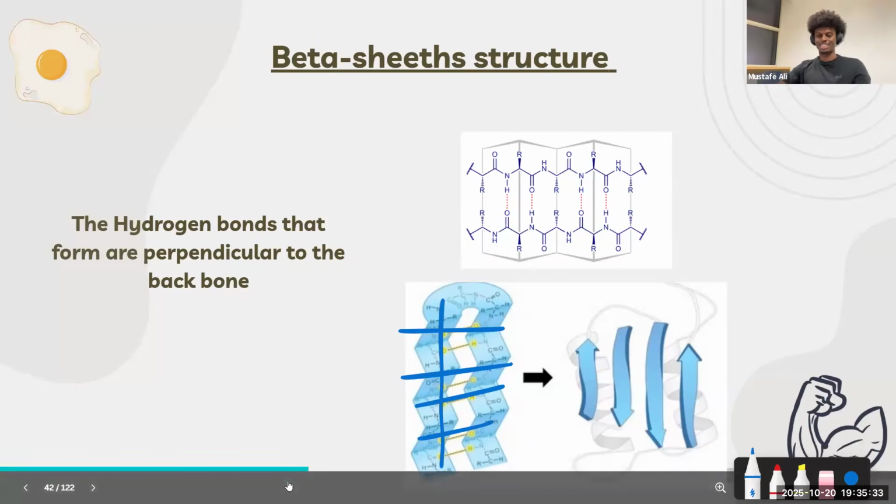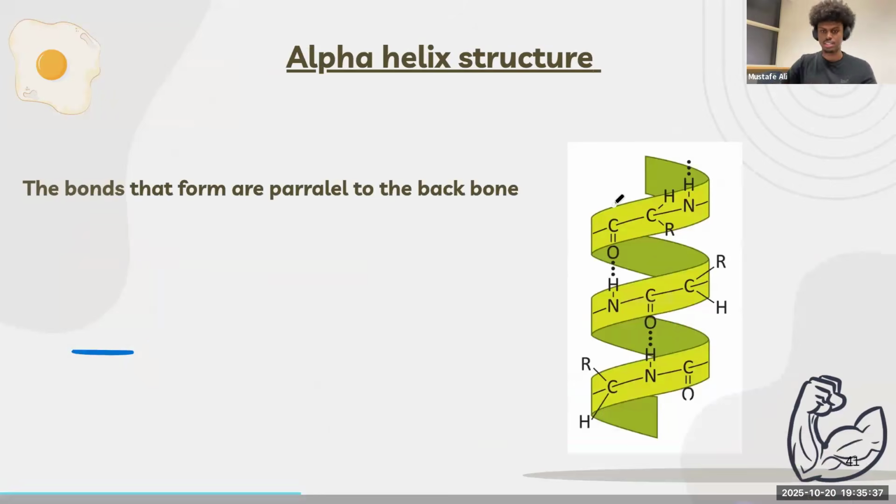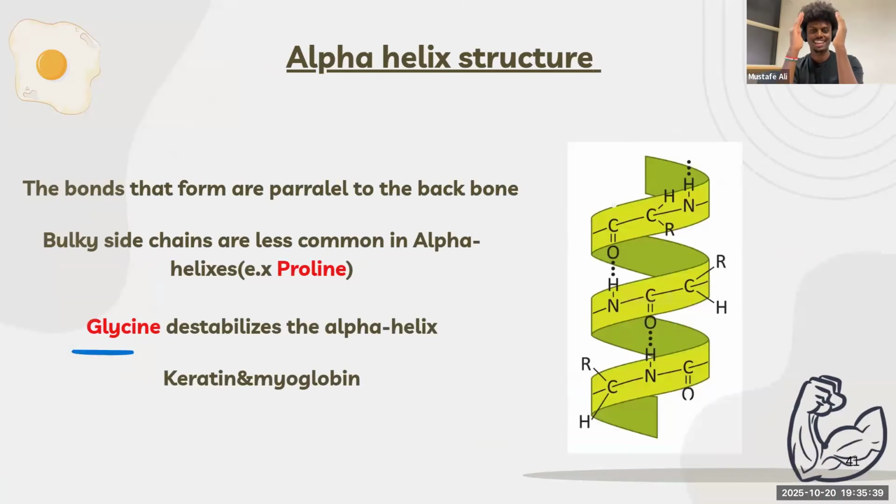Okay, I'll explain it one more time. Parallel basically means they're heading in the same direction. So if the peptide backbone is in this direction, the bonds that are being formed are going in the same direction, upwards. This is what makes them coiled up and compressed, because the bonds that are forming are parallel. Did that make sense, Rayan?